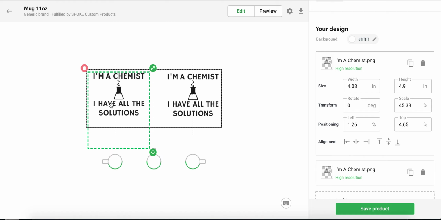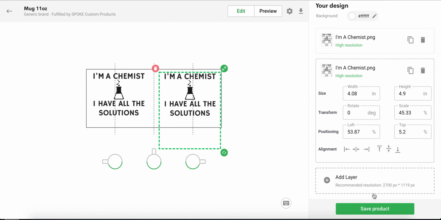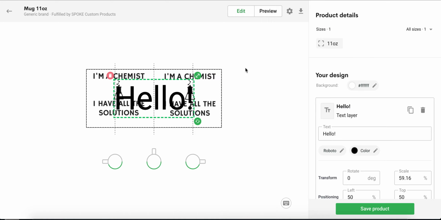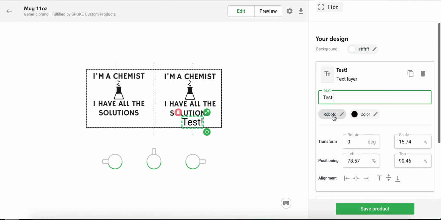There you have it. Let's say your design is consistent, so you use the same generic design, but they just have some custom text. How can you do that? You can actually do it right in Printify. So you're going to click Add Layer, click Custom Text. It's going to create some custom text here, and you'll be able to adjust that. It looks a little big, given my design is pretty big right here, but you'll be able to change the text here. Test. You can change the color and the font. So that's a way to just quickly add some custom text